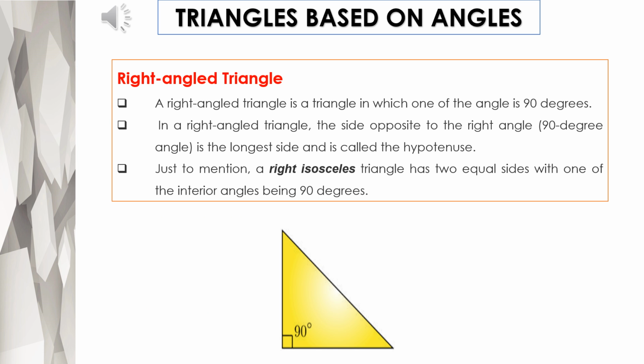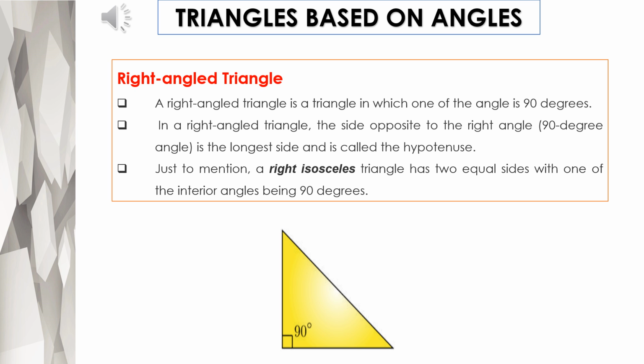Now let us discuss the last type of triangle, which is called the right angled triangle. As you can see in the figure, a right angled triangle is a triangle in which one of the angle is 90 degrees. Now, in a right angled triangle, the side which is opposite to the right angle is the longest side and